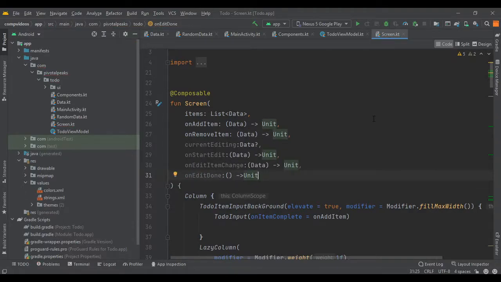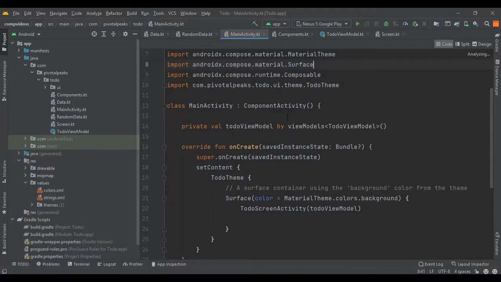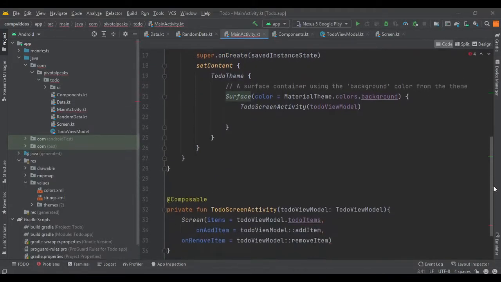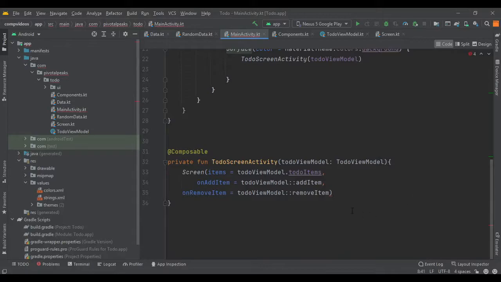Now in our main activity we can pass these new values in our to do screen function. So here we are going to pass the newly created values as it is already showing me an error.